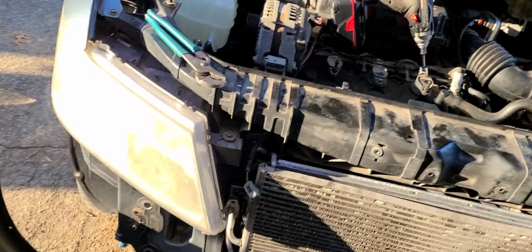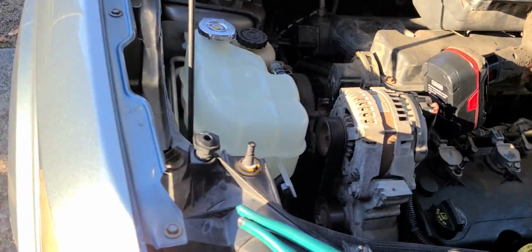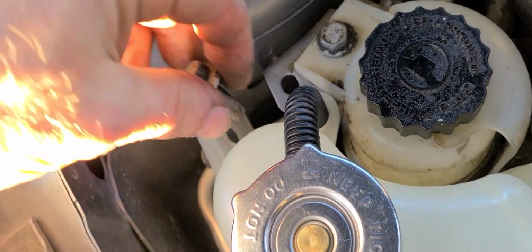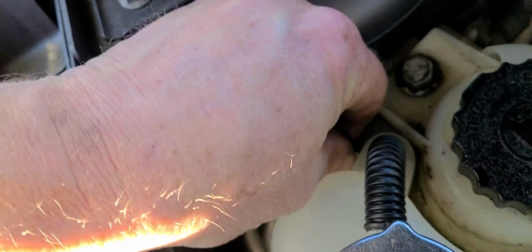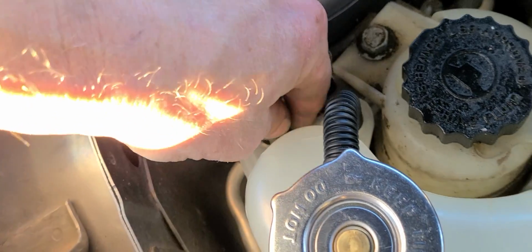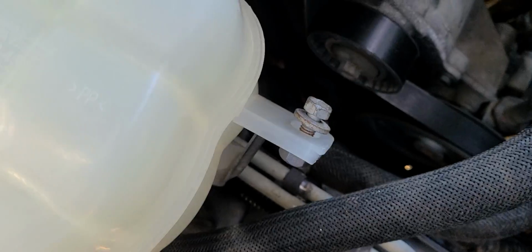Alright, y'all, I've got the overflow pressure tank swapped out, got the new one here, and just two 13mm bolts, and then we're going to put that all together. Put them in here real quick, run them down, and